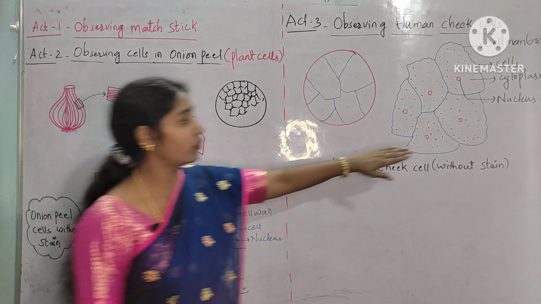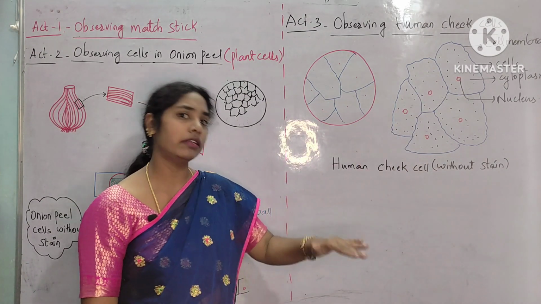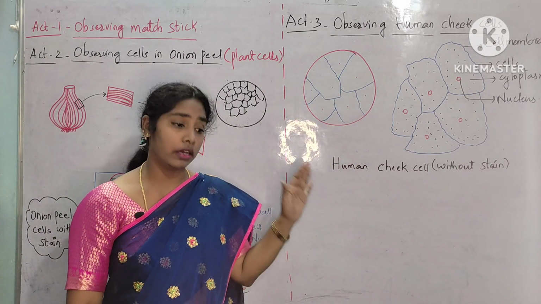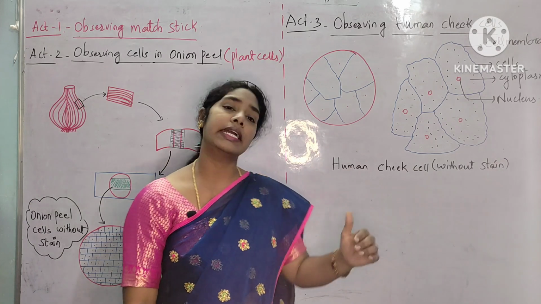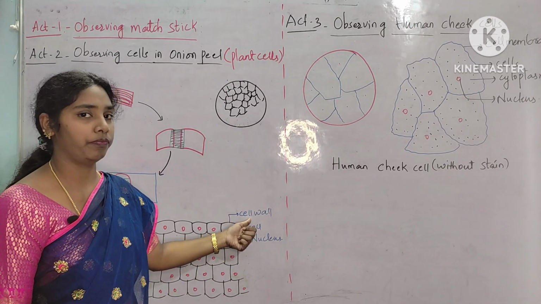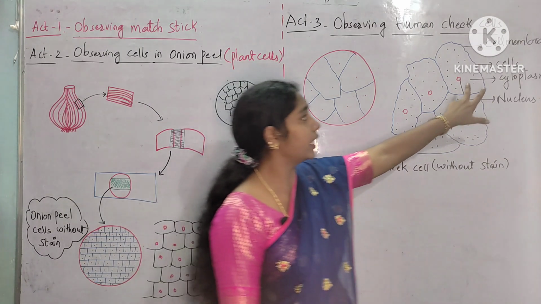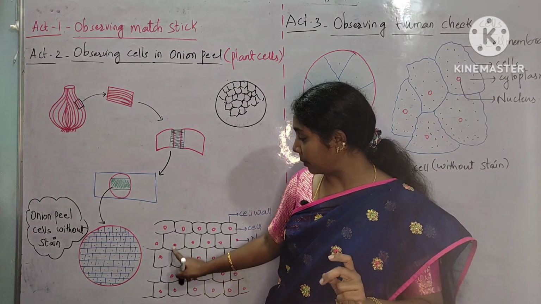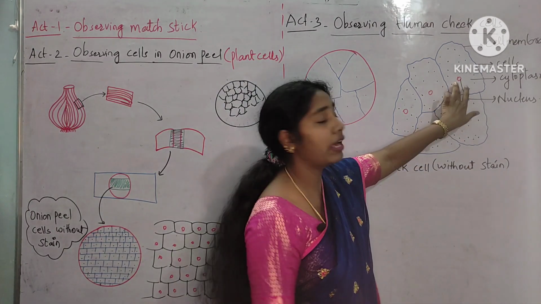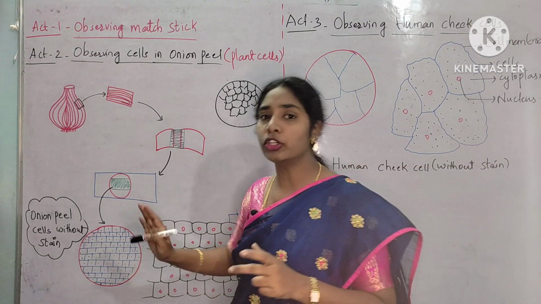Whereas in the animal cell we don't find a cell wall; we find a direct layer called the cell membrane. So animal cells do not contain any cell wall, they contain a cell membrane, whereas in the plant cell we will see a cell wall, and beneath the cell wall we will find the cell membrane. The similarity is that in the middle you have cytoplasm, the empty space, called cytoplasm. Next, in the middle you will find a dense body called the nucleus. In the plant cell also you will find a nucleus.